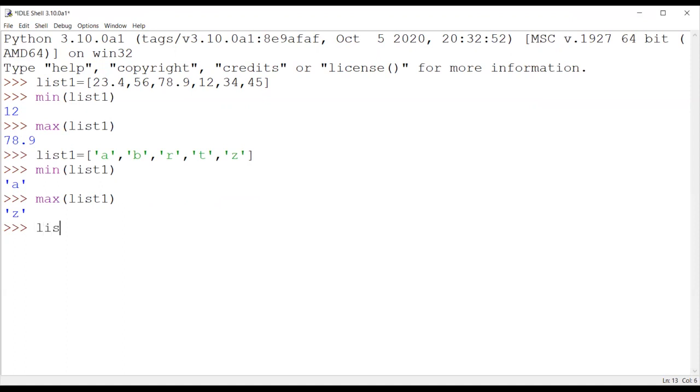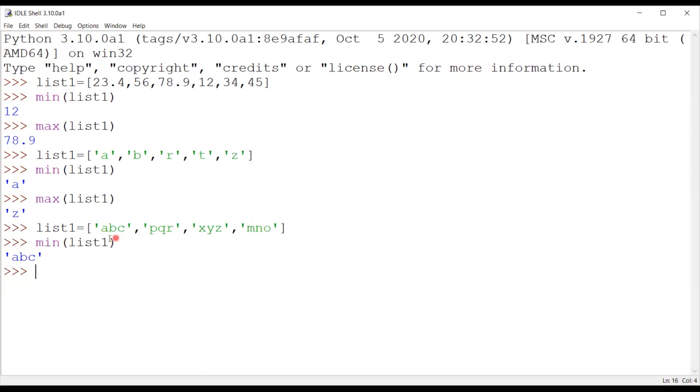Let's take an example of words. Like I'm taking ABC, now PQR, now XYZ, and then MN. These are my words. Now if I apply this min, I will get ABC because this ABC word is starting with the A alphabet.